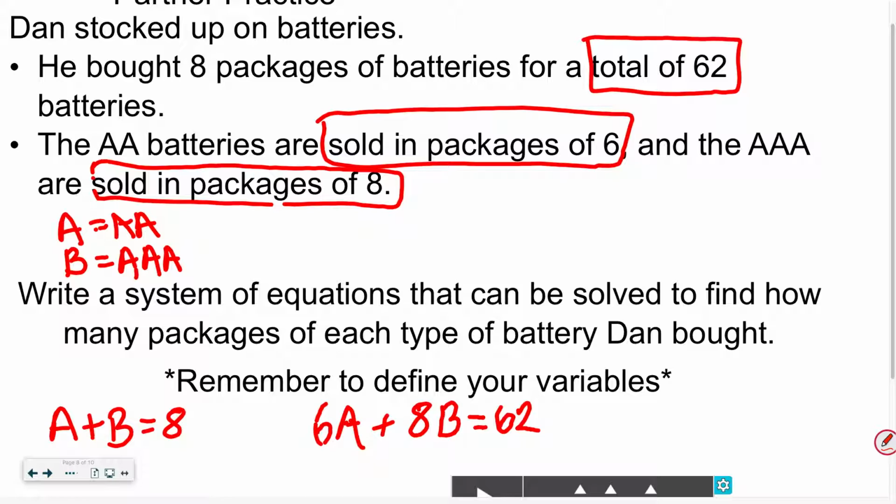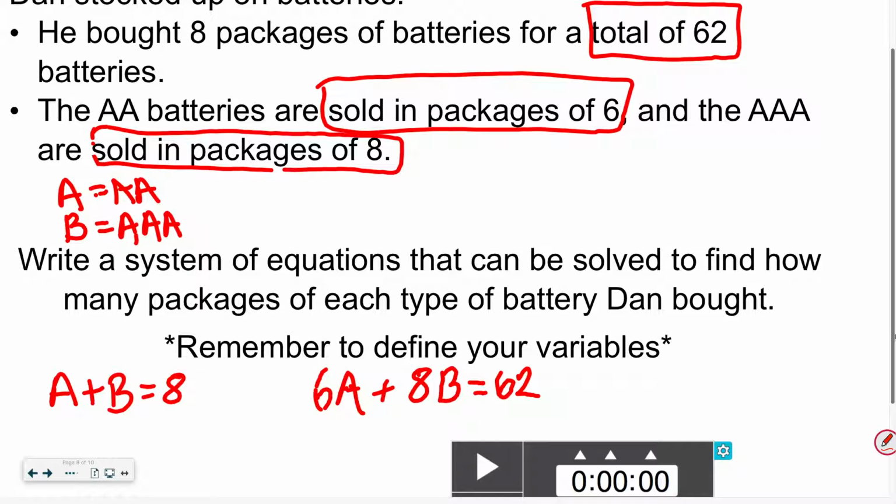The number of packages. So A and B do not refer to the number of AA batteries and AAA batteries. A and B, our variables, are the number of packages. So what does the coefficient of those variables represent? The number of batteries in each pack. Yeah. Good. So now I want you all to solve this using substitution,